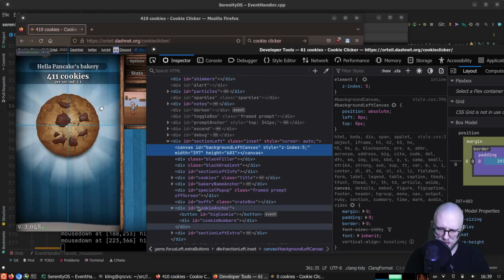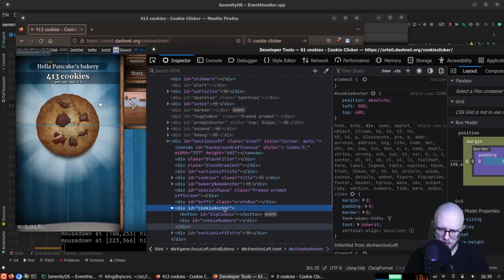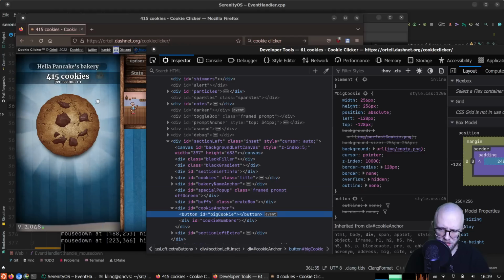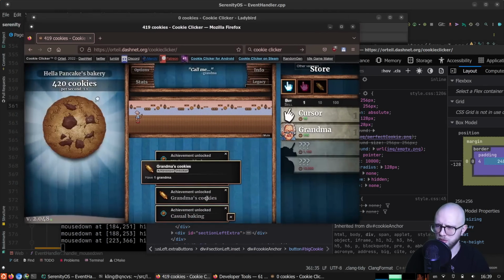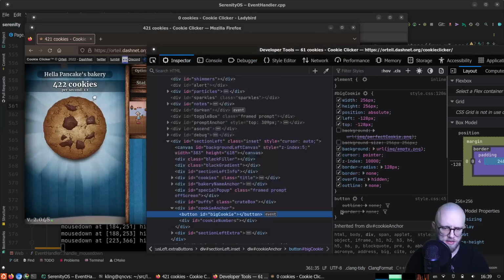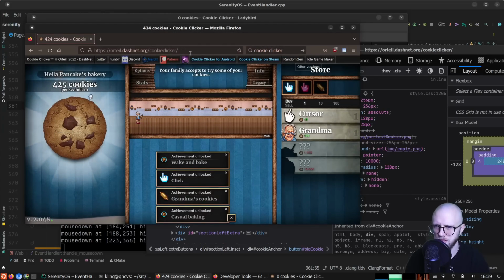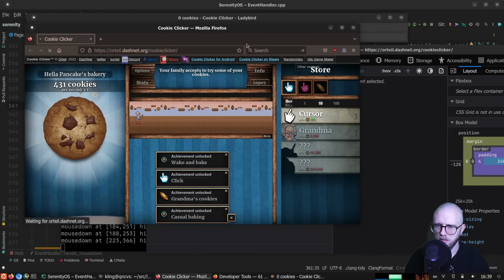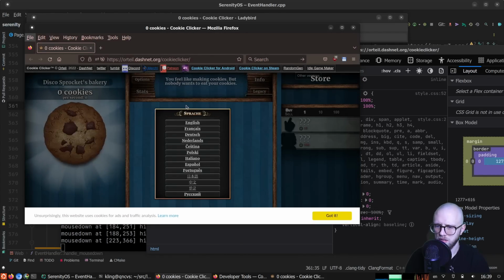So, wait, doesn't that mean that I should be hitting the big cookie? Okay, I'm gonna go ahead and reduce this page so that I don't have to deal with everything in it. Maybe we can make a simplified version of it. So let's reset everything here, reload the page, and